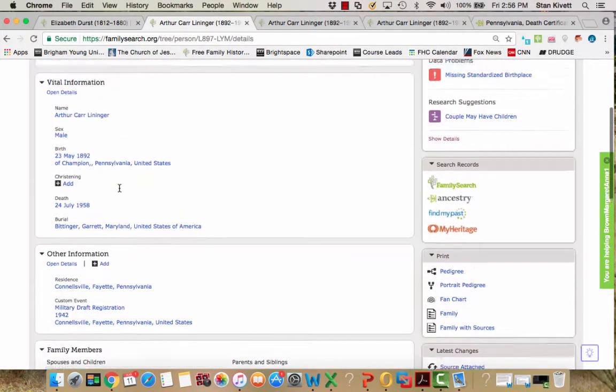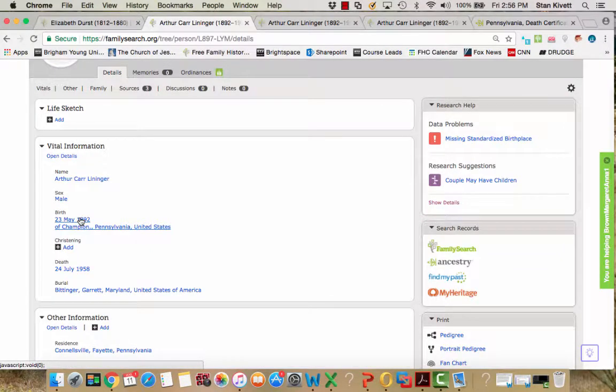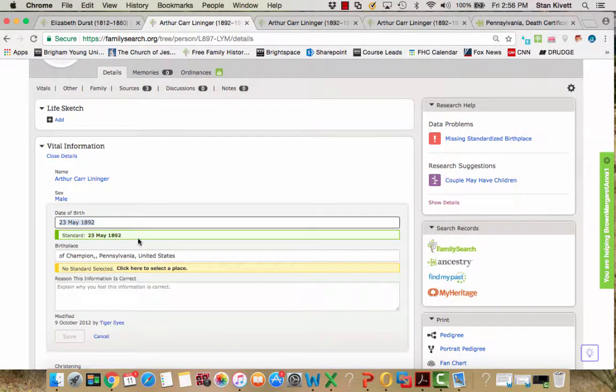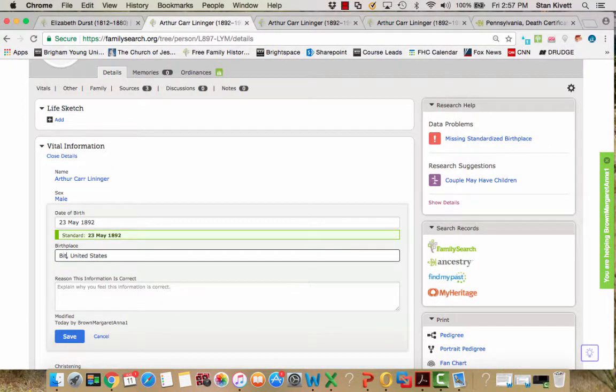So I'm going to come up here and click on birth, and edit it, and get rid of the fact that he lived at some point in his life in Pennsylvania and put Bittinger, Maryland.